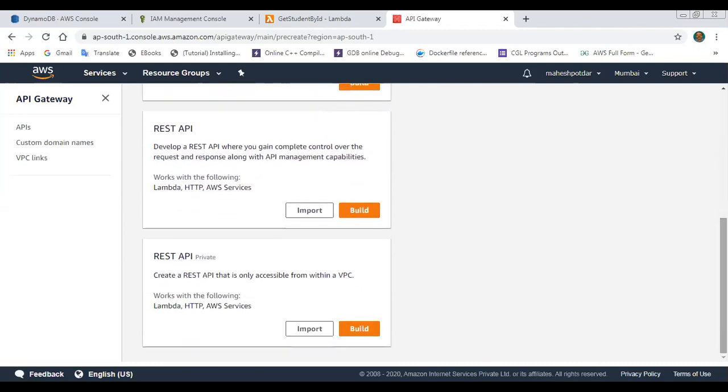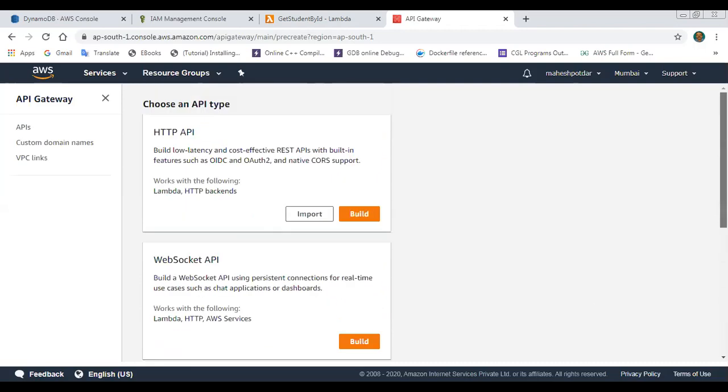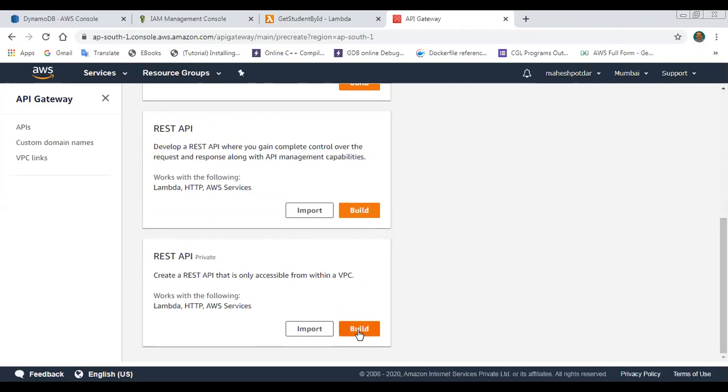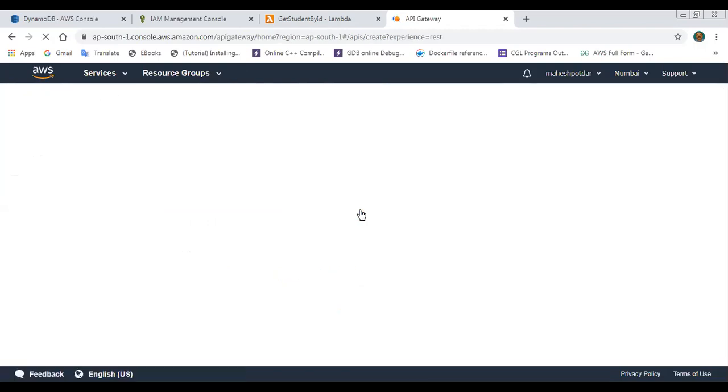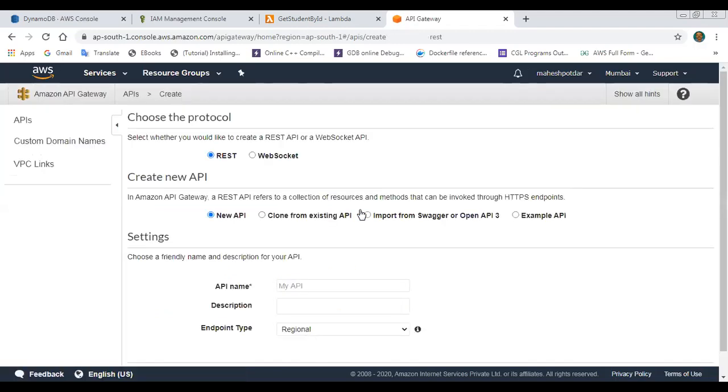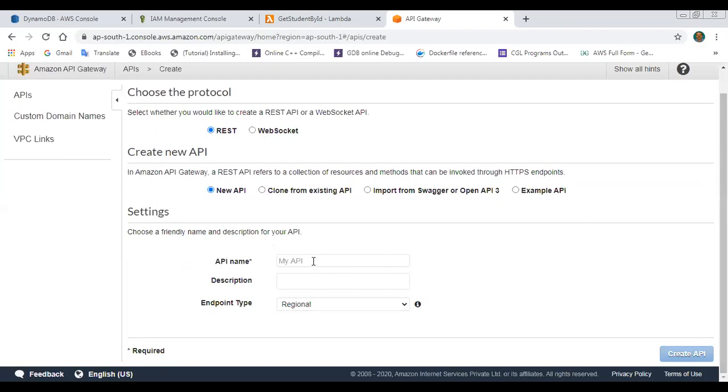The private API is used within the organization, and the REST API is used for public purposes. Out of these four APIs, I'm creating the REST API. So I'm clicking on the build button. Choose the protocol. I'm using the REST protocol. Then create the new API, the API name.